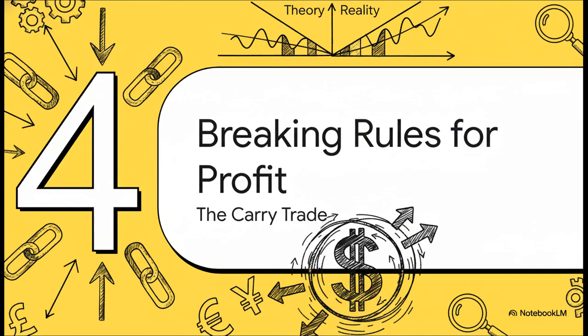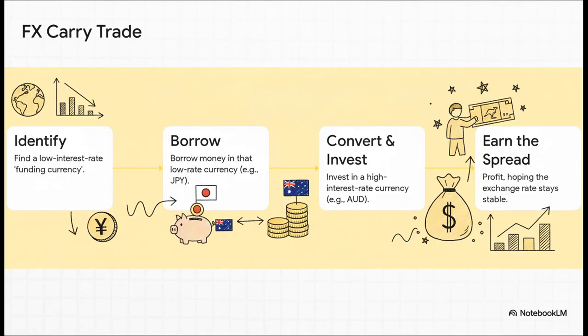And that's where traders come in, with a strategy specifically designed to exploit that gap between pure theory and messy reality. This brings us to the famous FX carry trade. It's one of the most popular and definitely one of the riskiest strategies out there. Here's the basic recipe. A trader borrows money really cheaply in a country with low interest rates, like Japan. Then, they immediately sell that yen and buy a currency from a country with high interest rates, like Australia, and they invest it there. Their profit is the carry, that nice, juicy spread between the two interest rates.